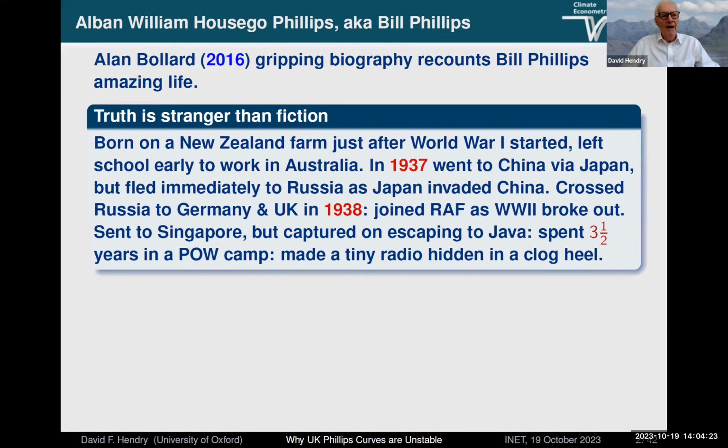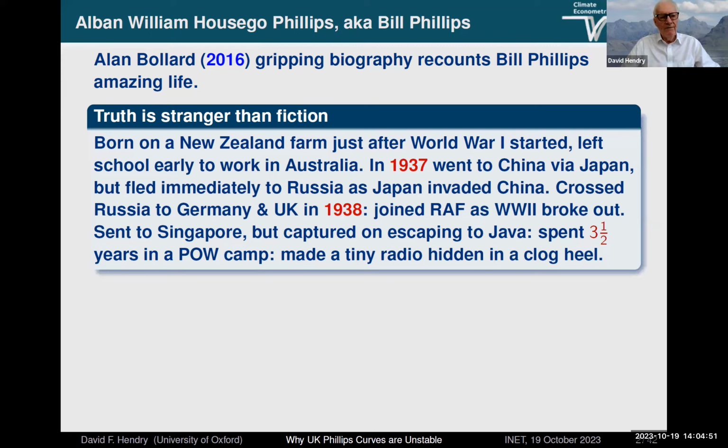And the ship he was on was regularly attacked by Japanese aircraft, and he figures in several biographies by other people as being the one person standing on deck holding a submachine gun and firing at them and hitting several. Anyway, the ship got to Java just as the Japanese invaded Java, and he got caught there and spent 3.5 years in a prisoner of war camp, where he had some extraordinary exploits that are also mentioned in other biographies. One was making a little steam